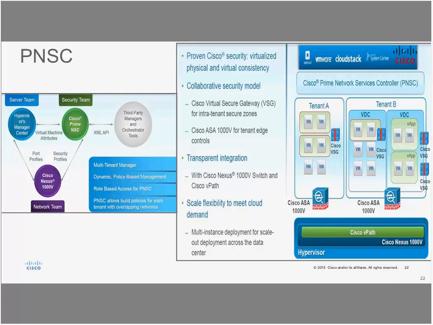Through PNSC, you can make sure that your security and device profiles are in compliance. It makes sure that it pulls the correct data from the 1000V and posts it to those virtual nodes. It also helps you manage and configure those virtual nodes in a rapid manner. So if you're bringing up 10 tenants and you need to give them a unique profile, through the click of a button on PNSC, you can deploy them in a secured, containerized way.